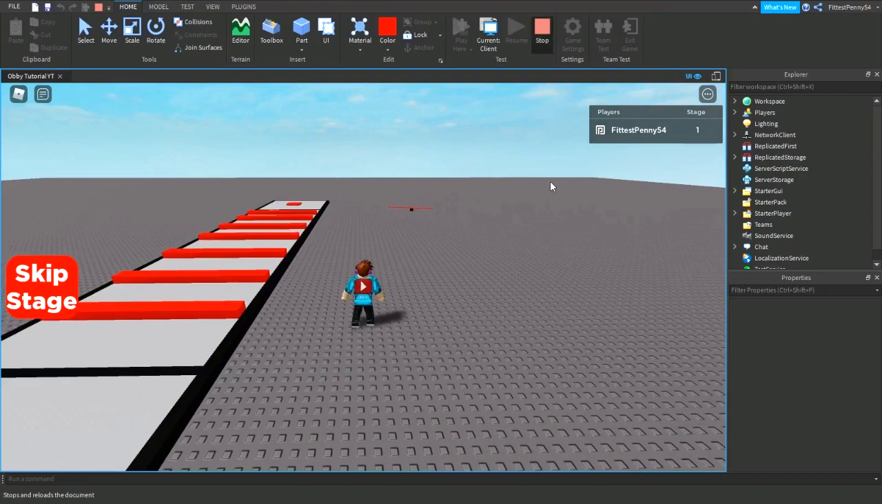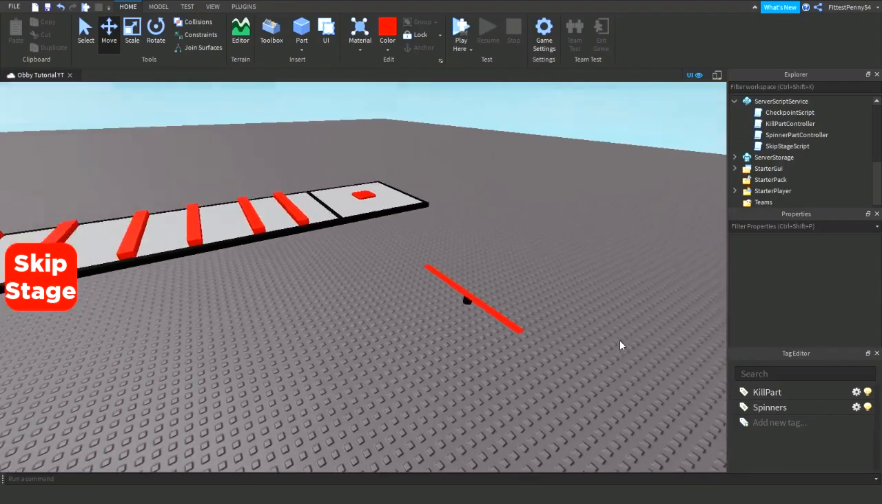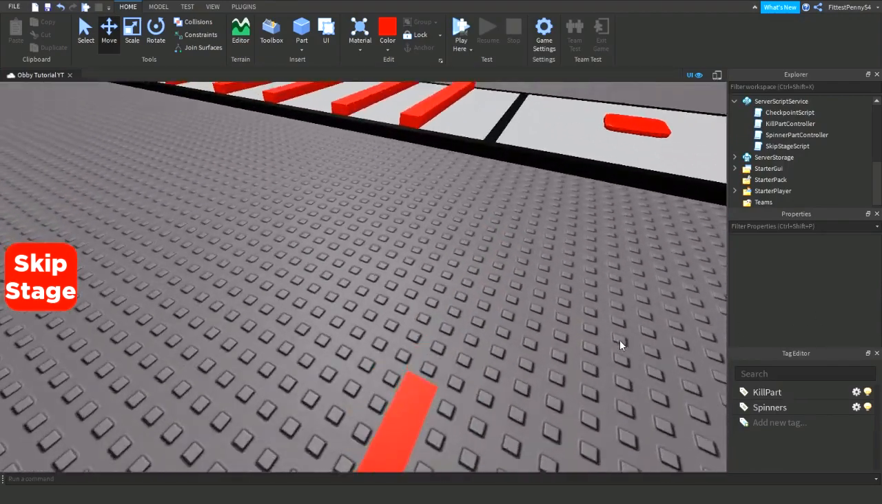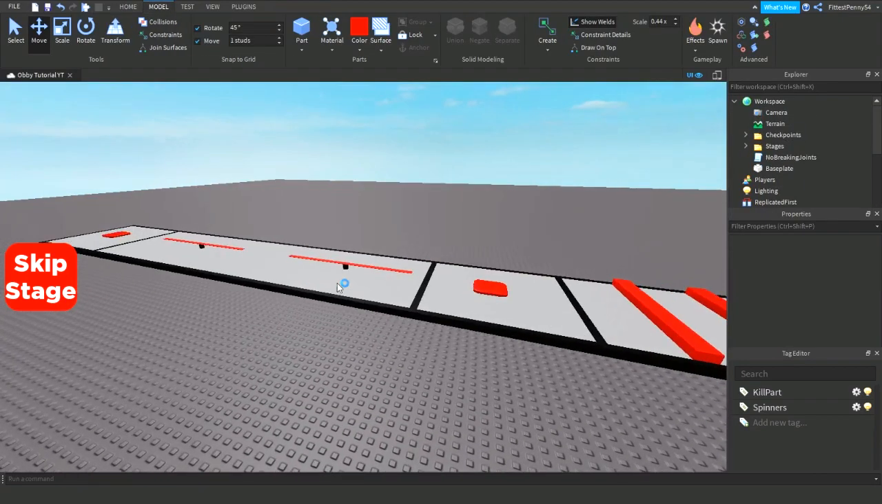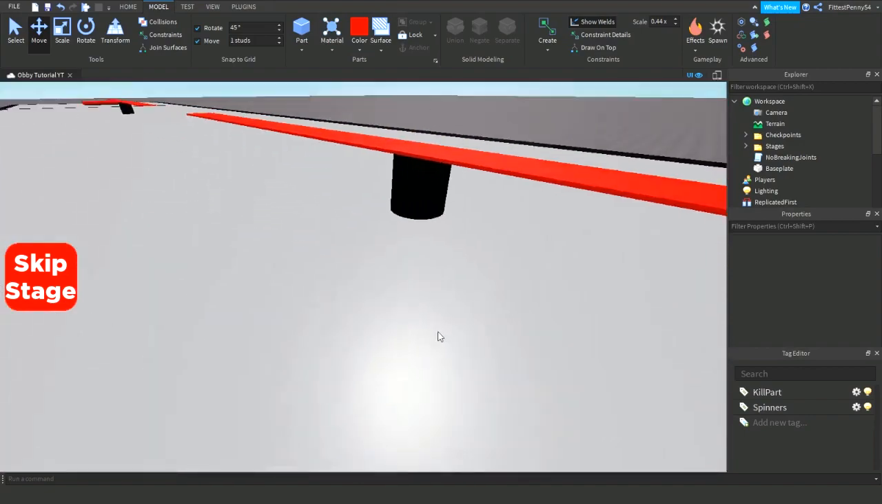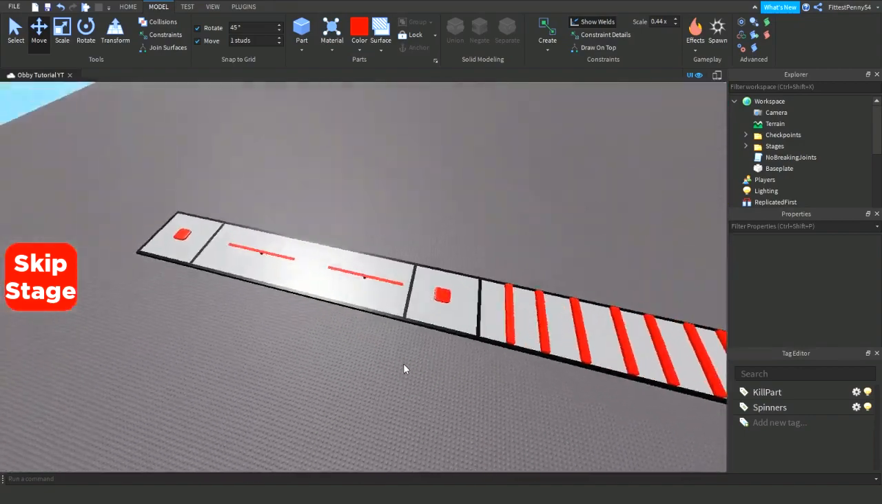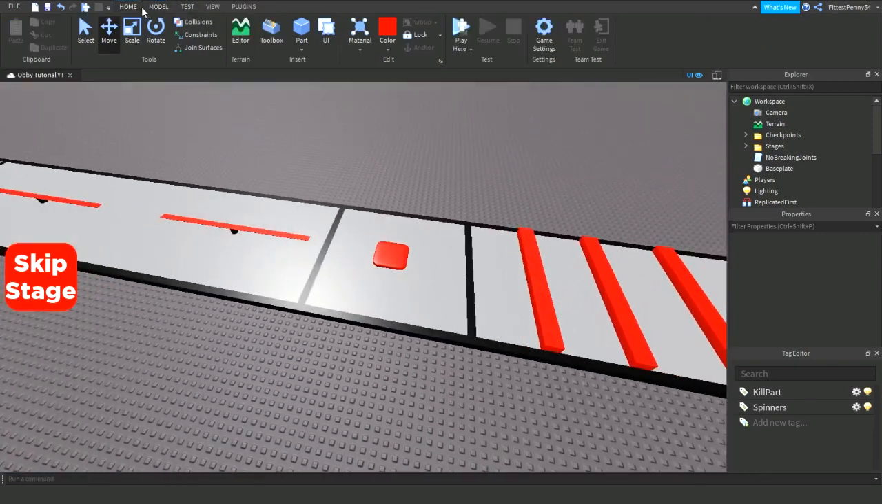So I'm just going to add this onto a level, so I'm just going to add a platform. So I'll be back as soon as I've made the level 2 platform. Okay, I'm back, and I've made the platform for stage 2, and I've added the spinners on top of it. So now if I play the game,